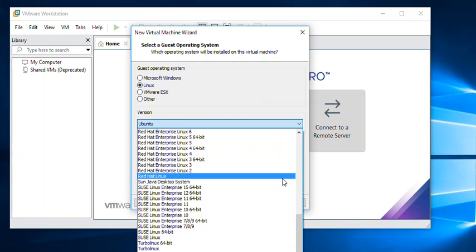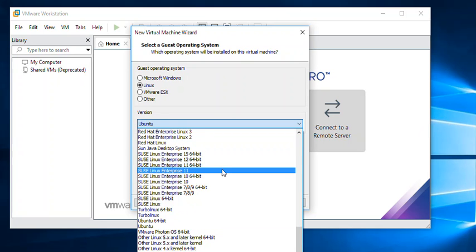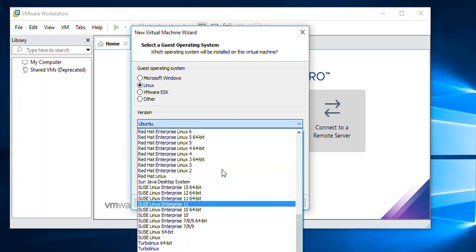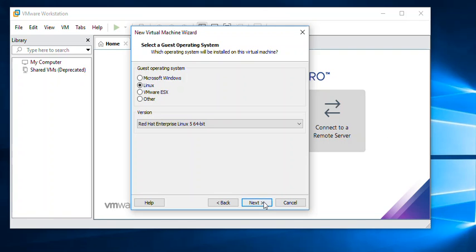So now it's a type of Oracle Linux. Just a moment. Now it's a type of Linux 64-bit, so we can select Red Hat Linux 5. We can select because it's in 64-bit Linux. So fine, we'll select it. Let's see what happens. Select this, go to next,